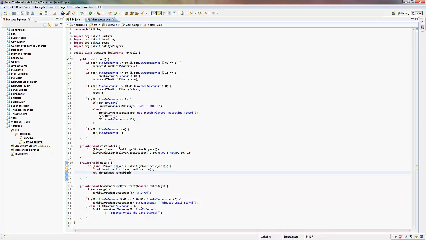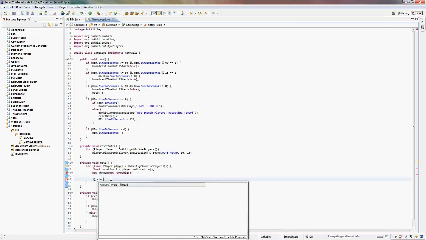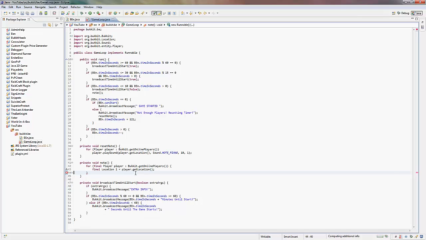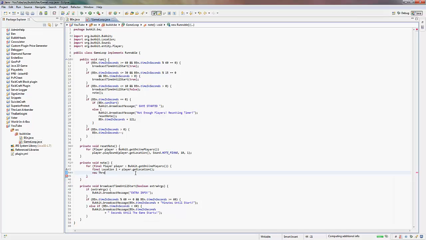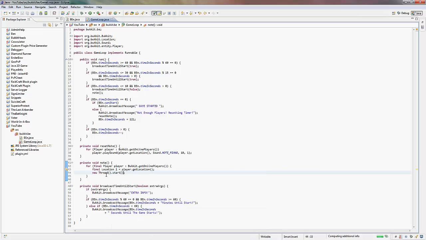This is something fairly simple, I'll go over in a minute, and we're going to say dot start down here like that. So obviously just copy this code. I find it easier to understand if we put it all on one line. So new thread, it's like that, and then we put two brackets, semicolon at the end, dot start. So we're going to start a new thread, which is a new thing that can be run at the same